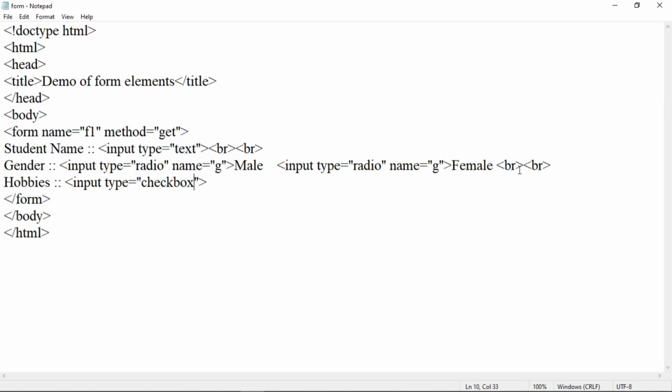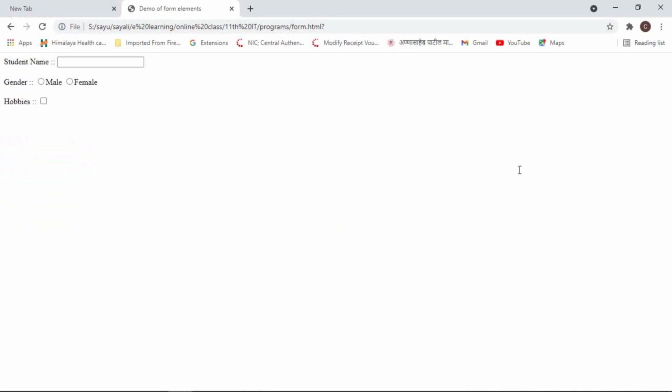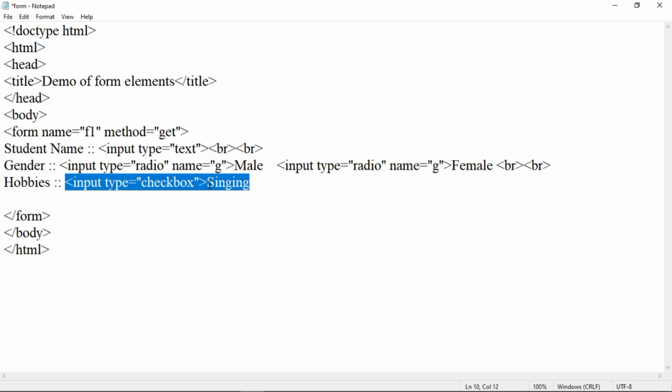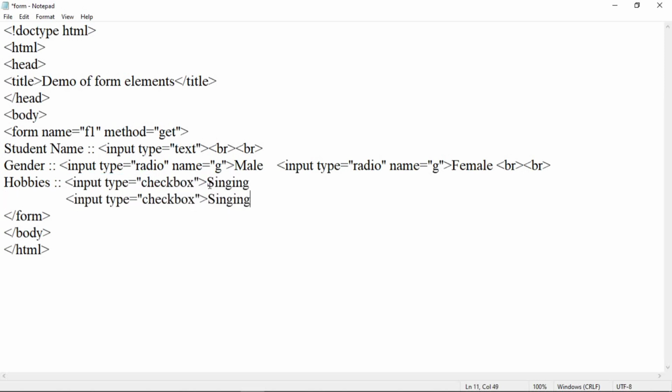Save this, Alt Tab and check here. This is the checkbox. So in front of this checkbox, you must include the different hobbies. So let us add here singing. After that, let us copy this and paste here.